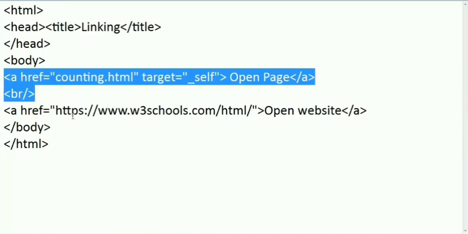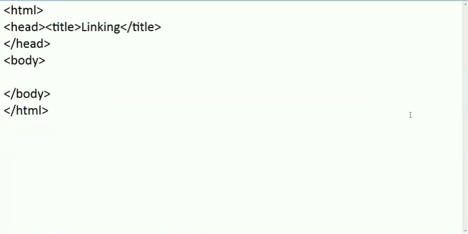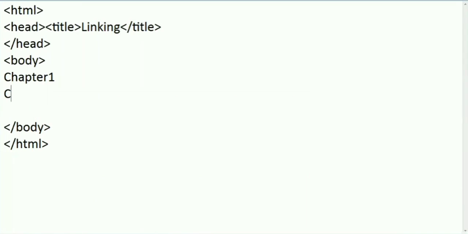Like in the same page. Now look carefully because it is very important. For example, we have a number of chapters in our page. For example, I have chapter 1, I have chapter 2, like this.